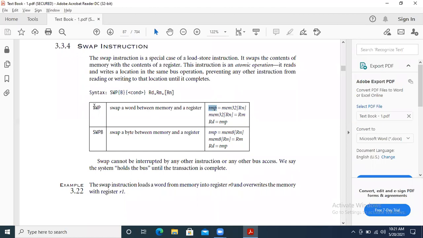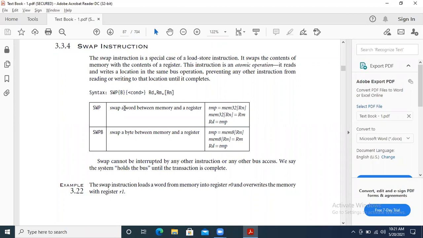Already we know very well how to do this, because in C++ programs we did this concept for many programs. In swap we have two types, divided depending upon the size.